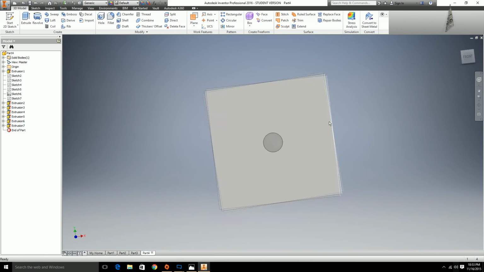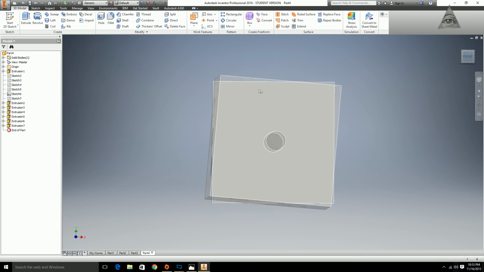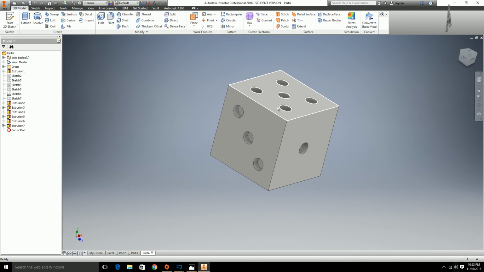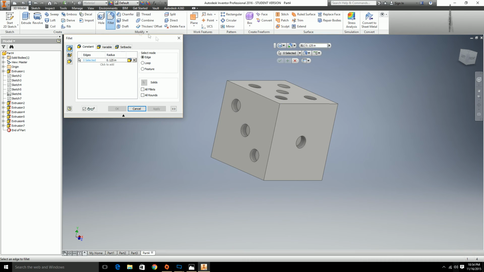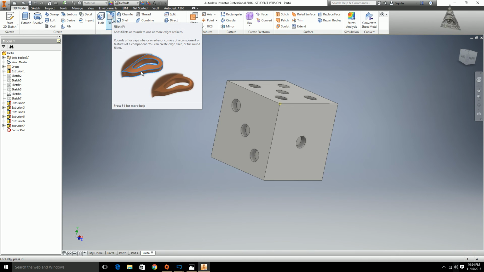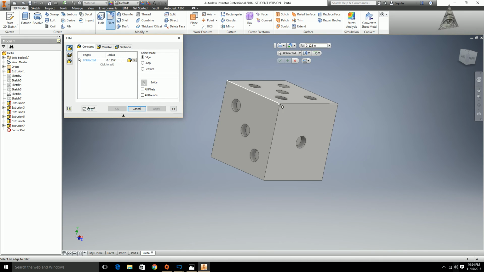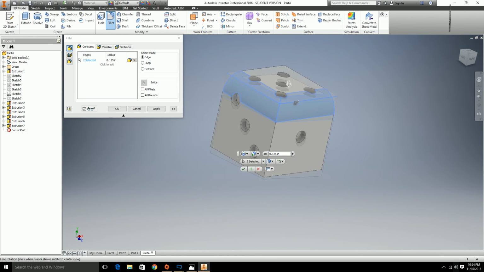Now this isn't totally done yet. Now you could call this a cube and you can call this the end, but I'm not. This is almost a done cube. What we can do after here is actually take these edges and do something called fillet. You can do this by pressing F on the keyboard, and what a fillet does is it actually rounds the edges out. So if I touch the edge here, and if I click all these edges around,